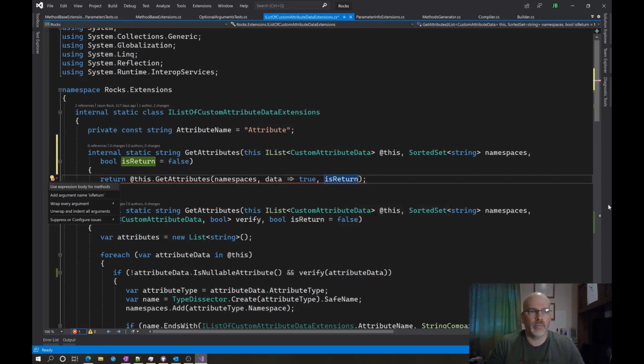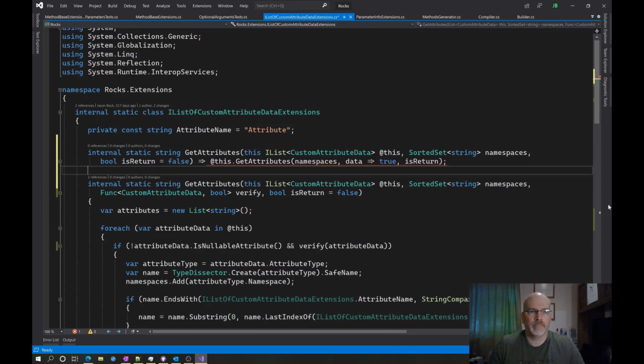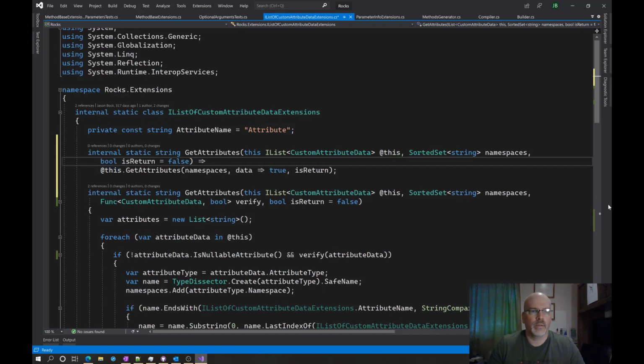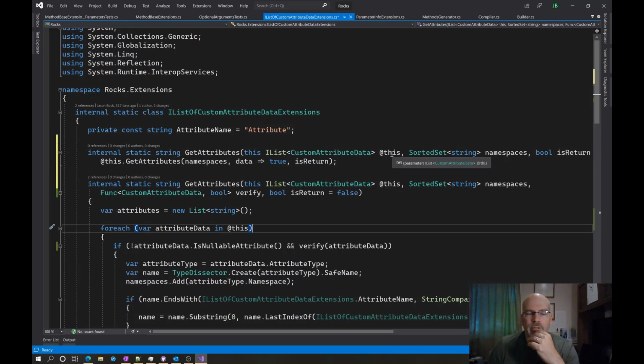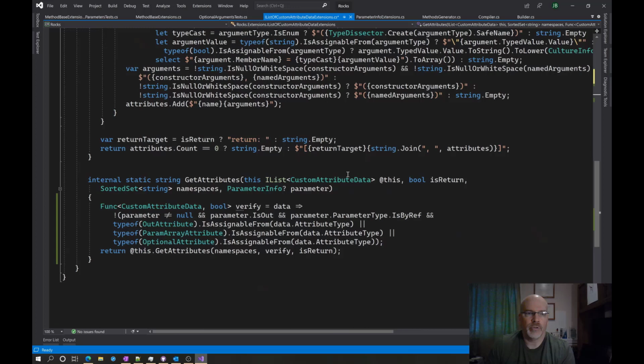Okay, and now you're going to tell me, yep. There we go. So now you can pass in that. You can give the namespace and you say it as a return. And in that case, if you don't care about verifying, like the parameter info needs, you can just say it's always going to be true. And the case where you do